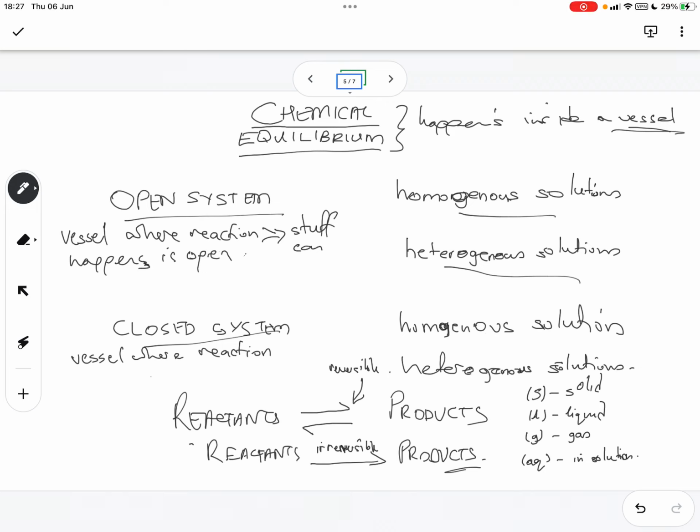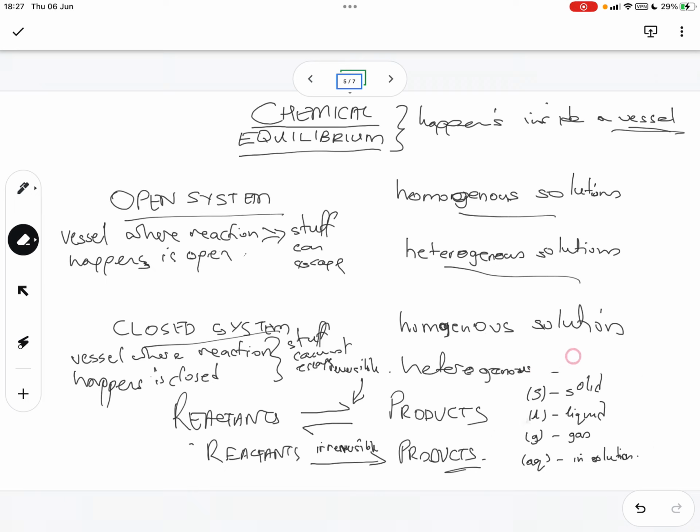So in other words, it's sealed and nothing escapes. Here, what this means is stuff can escape, and what that means for closed systems is stuff cannot escape. And homogeneous solutions, that means,